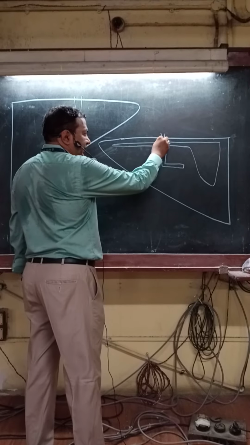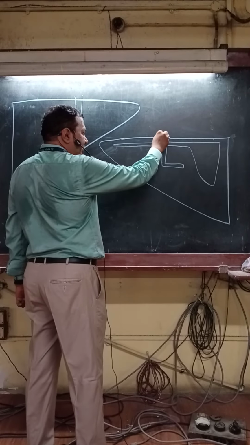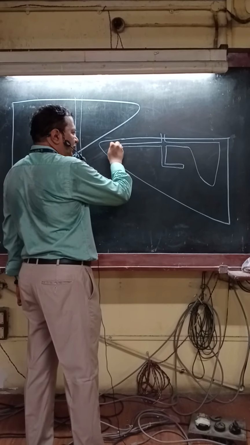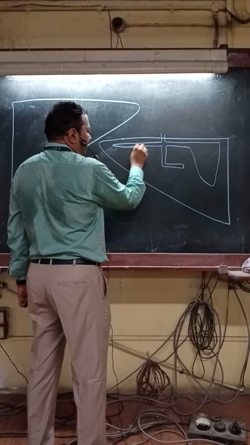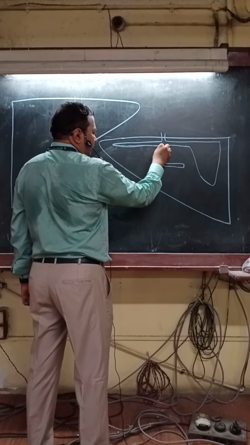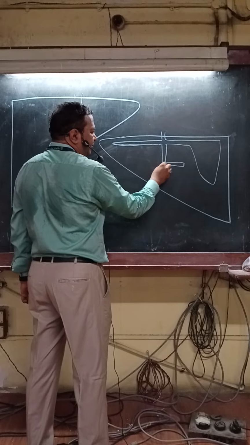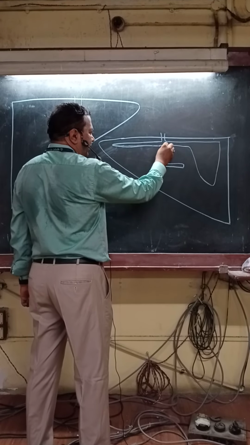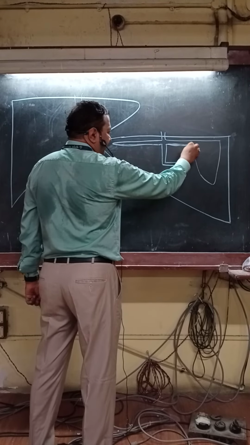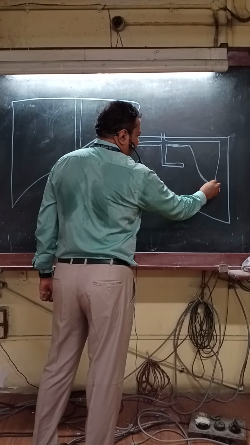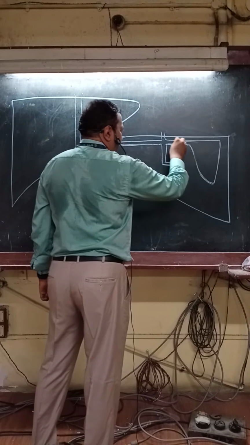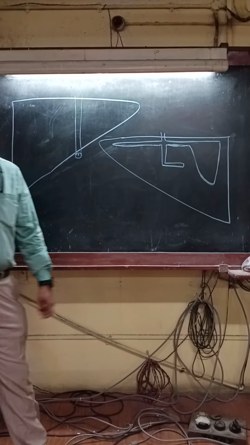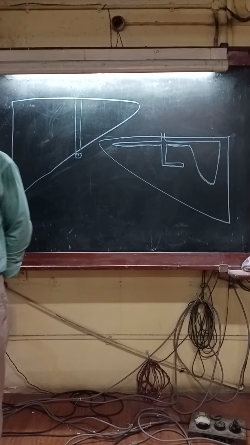So, like this, come on, draw with me, like this, go to the left, this is left triangular ligament, come back to the center, go, this is fissure for ligamentum venosum. This is porta hepatis, complete the porta hepatis, fissure for ligamentum venosum. Go for the bare area and come up again. Okay?